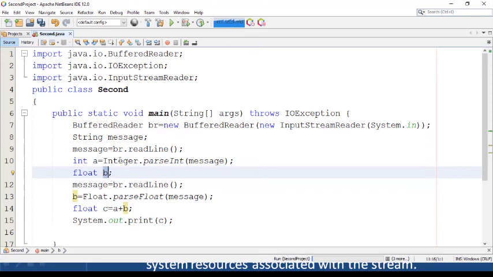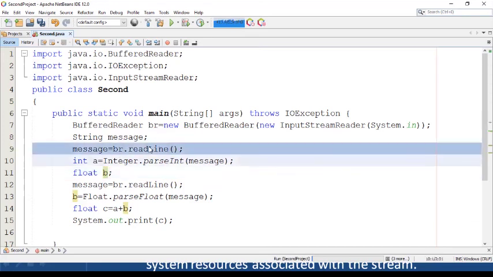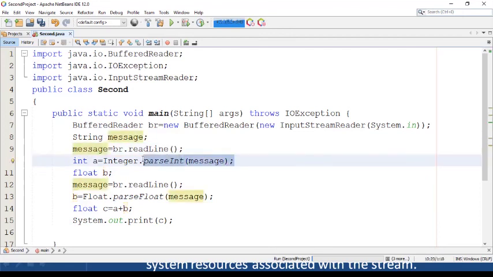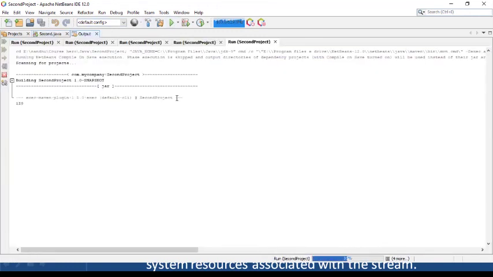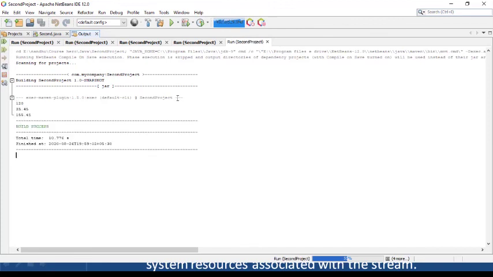You can read the data as a string, then convert that string to an integer using the parseInt method of the Integer class. The same way for reading a float, read the data as a string, convert it to a float using the parseFloat method of the Float class, then add them and print the result. Let's give 120 as one input and 35.45 as another input. So you'll get the addition of these two numbers.